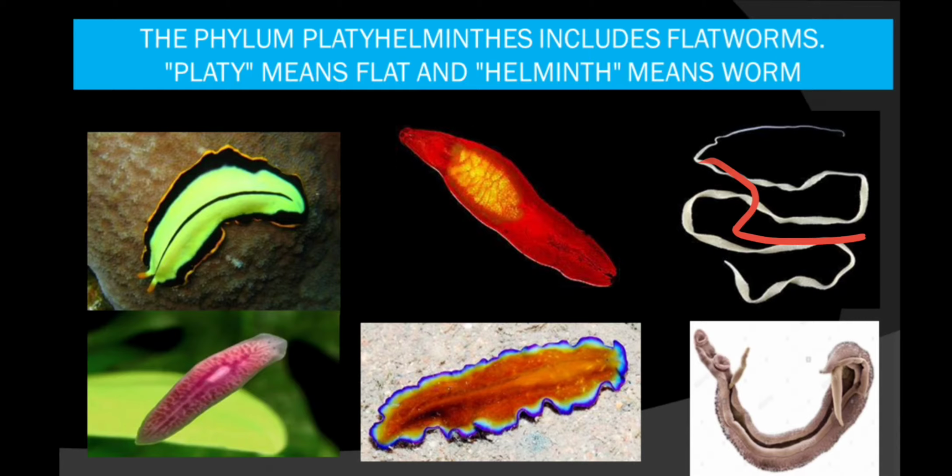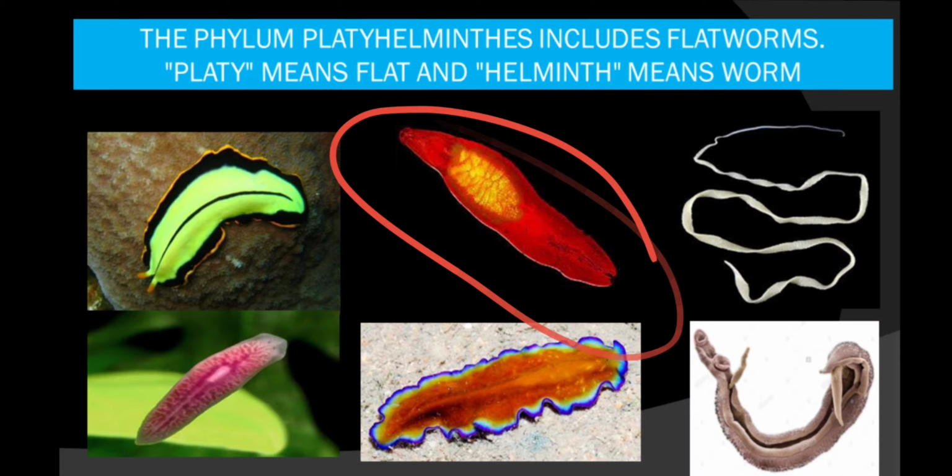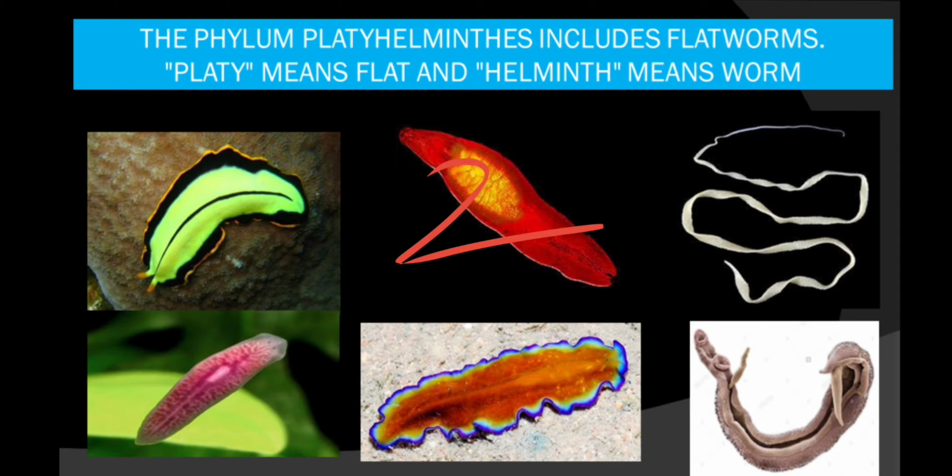And see this one, this is the liver fluke, also known as Fasciola hepatica, and this liver fluke lives in the bile duct of the liver of sheep and goat. It sucks the blood with the help of the sucker. This animal also has two hosts, one is the sheep and the other one is the snail. It causes a disease called liver rot. Taenia solium causes taeniasis, whereas Fasciola hepatica causes liver rot, and it has the capability to completely break down the liver.